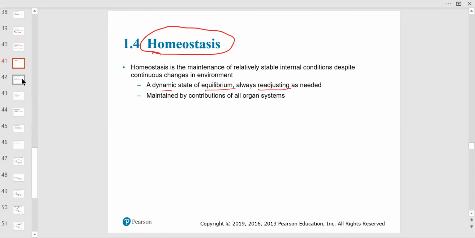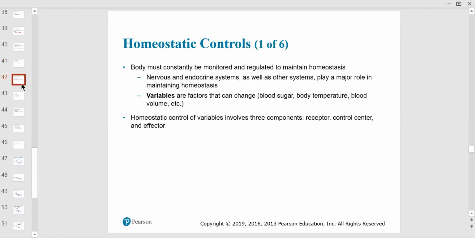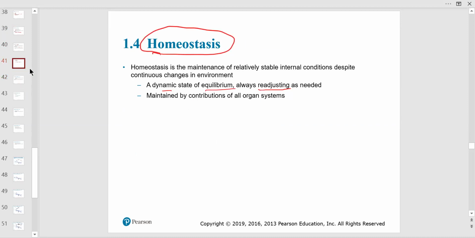So I don't want to jump too far, but some of the homeostatic controls, let's just talk about some of them now. Now we mentioned body temperature, right? Body temperature, which should be around 98.6 Fahrenheit, 37 degrees Celsius. What else? Anybody know what else? Please help me out here. Like if you go to the doctor, they do vital signs. What else would they test for besides body temperature? Blood pressure. Yeah, blood pressure. So blood pressure is like around, on the average, 120 over 80, 120 systolic over 80 diastolic.